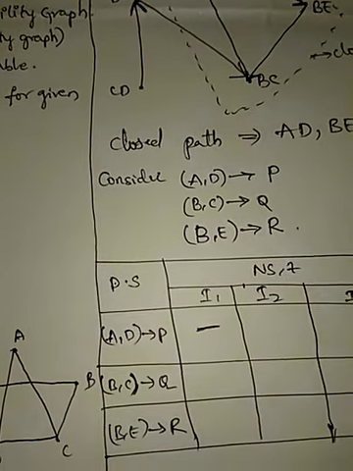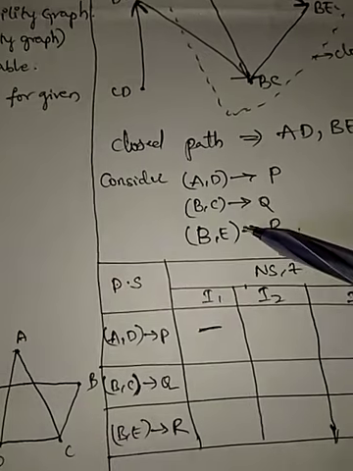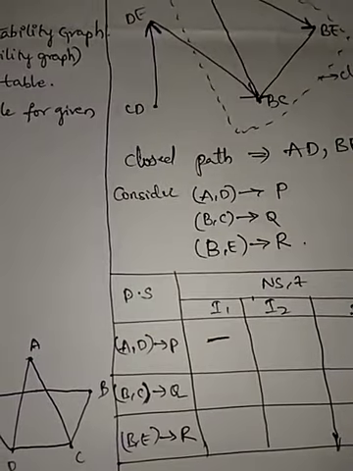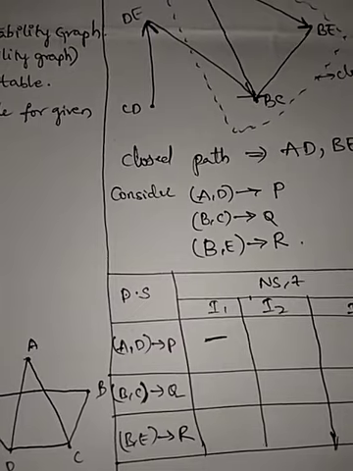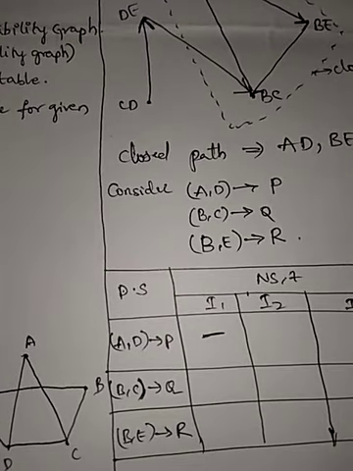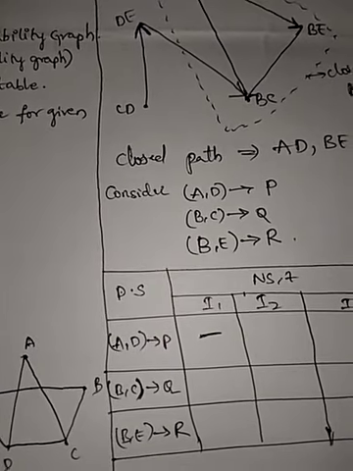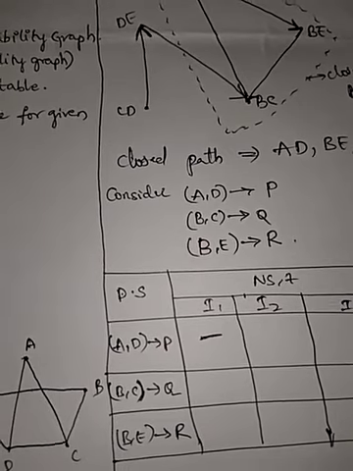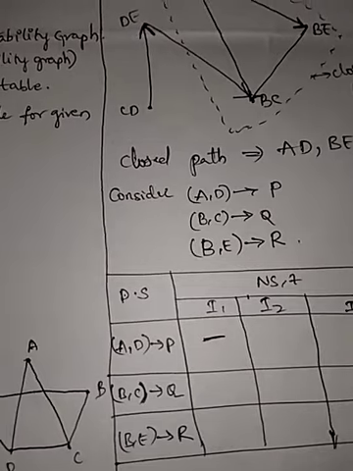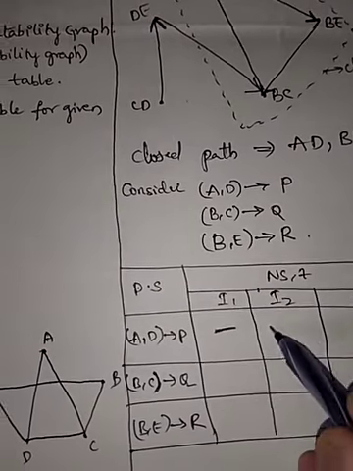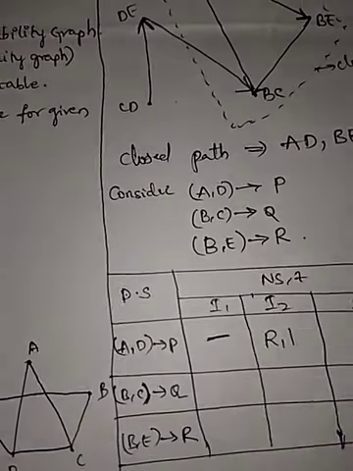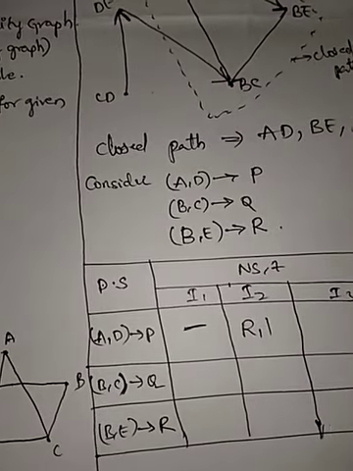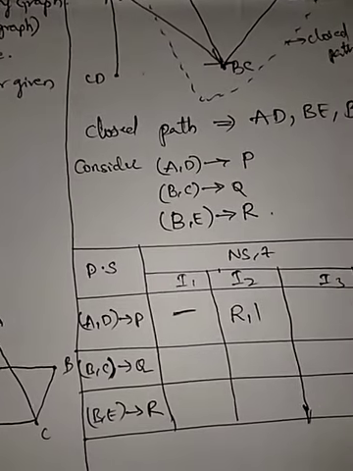Look at E, here E is in the consideration of R. So we would write E comma 1, sorry, where you need to write, you write R comma 1. Why? Because E is in the place of R, consideration of R. You need to write actually E comma 1, but that E is presenting in the consideration of R, so you write as R comma 1.